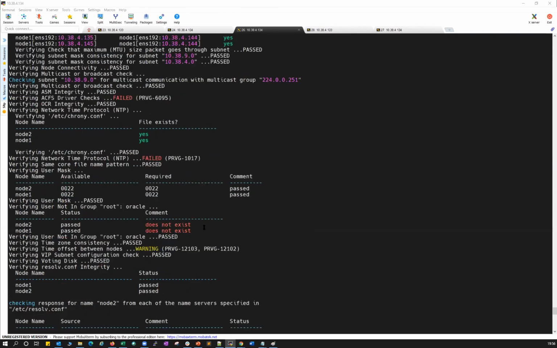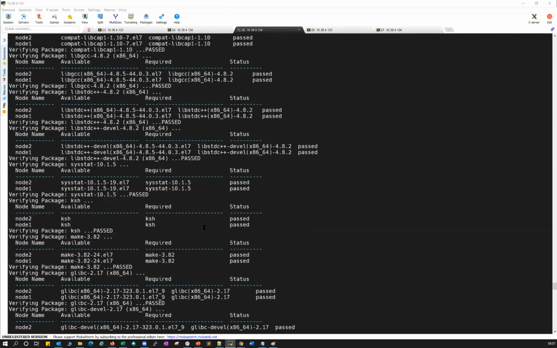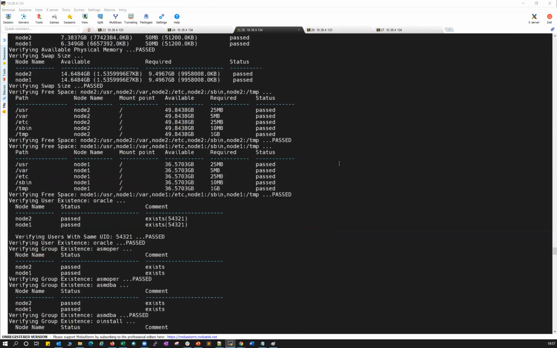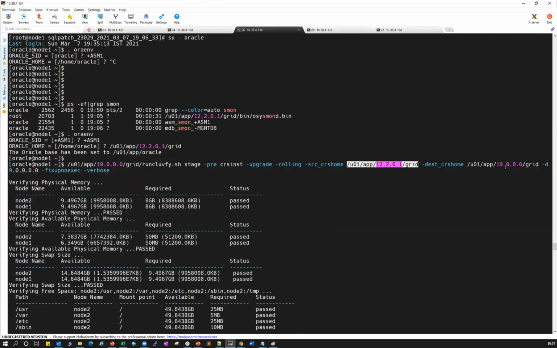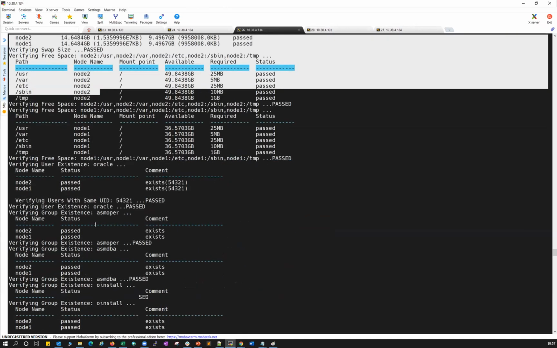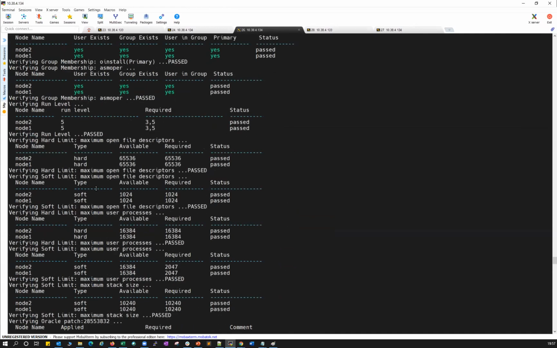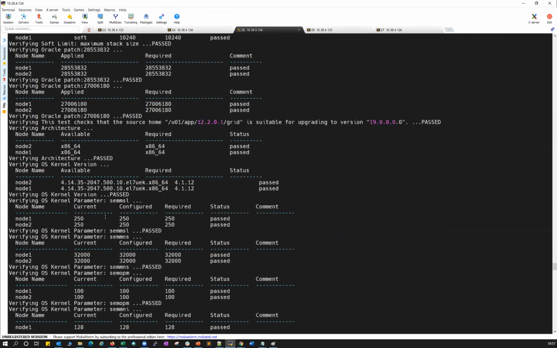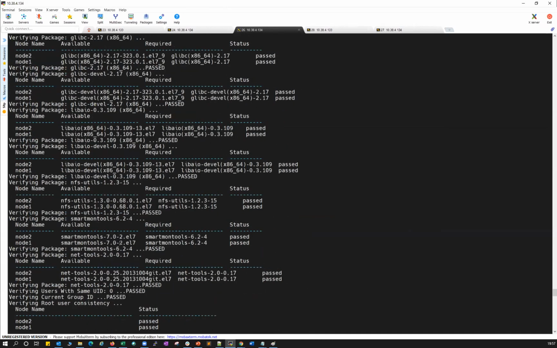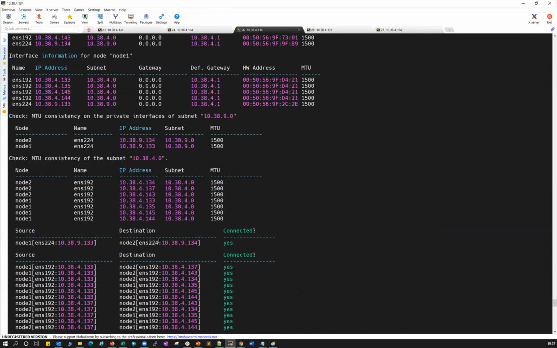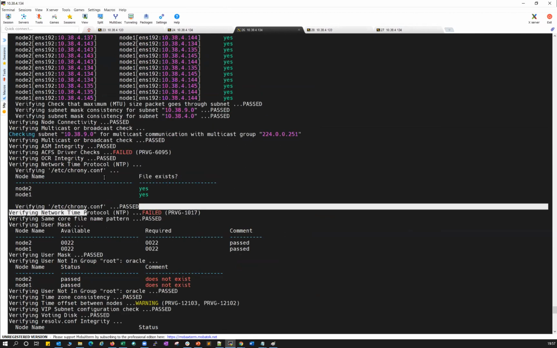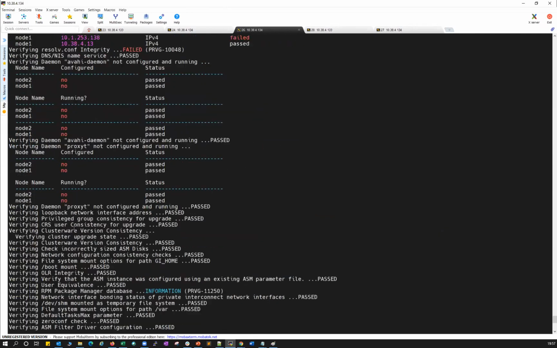Okay, what happened? This I ran now. I'll just go up all the way. Okay, so this is the command we ran, right? Run cluvfy, and then this is source home and this is target home, and then it will do all the physical memory check and all the network connectivity. You can just go through all this. I'll share all these logs in our Telegram group, and rather than going through all, you can filter it by failed checks. You can see ACFS driver fail check, NTP fail check. You can ignore ACFS because I'm not using NTP. You can ignore. Rather than going through again, at the end it will give you the summary.